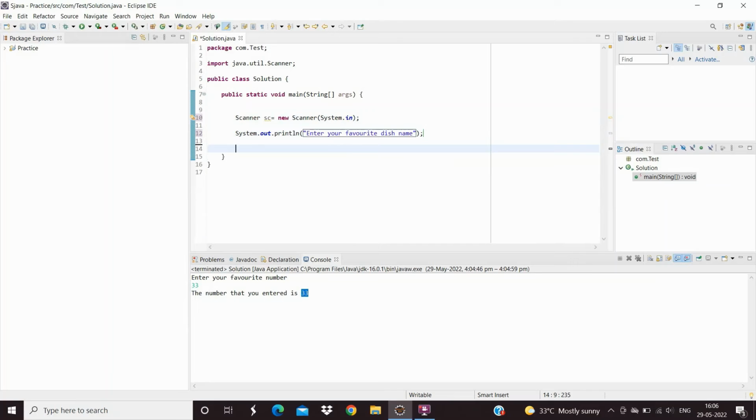Now we'll store that input in a string value of, let's say, food. So String food equal to